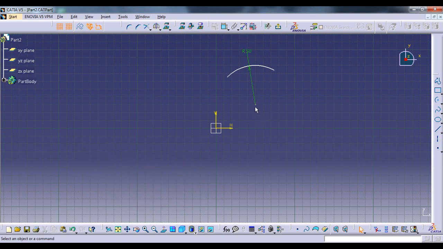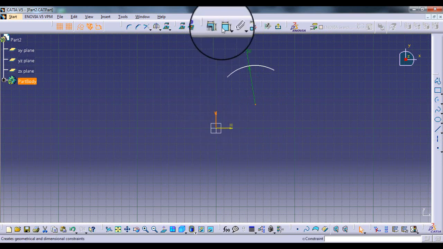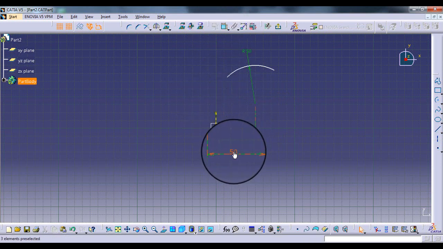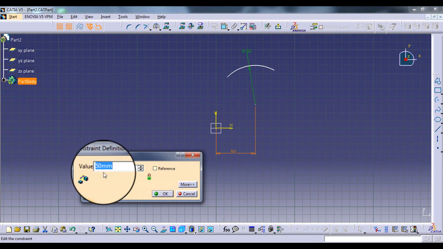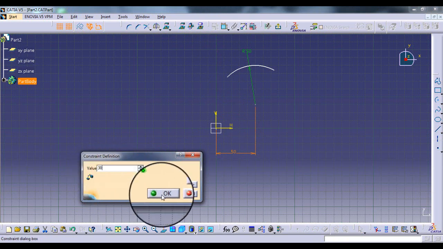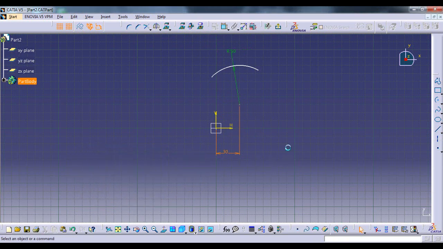Now we need to define the position of the center. We will define this position as 30, 40. So I will click on this point, and then I will click on this vertical axis. We want the horizontal distance to be 30, so we will enter 30 mm, and then we will click on this OK button.